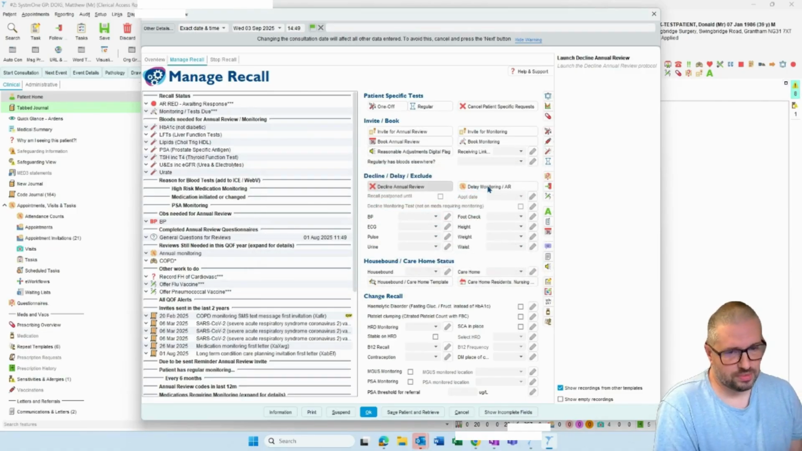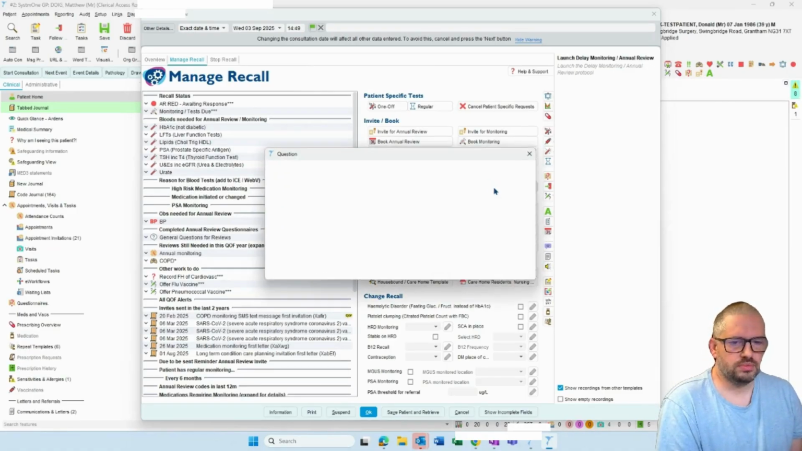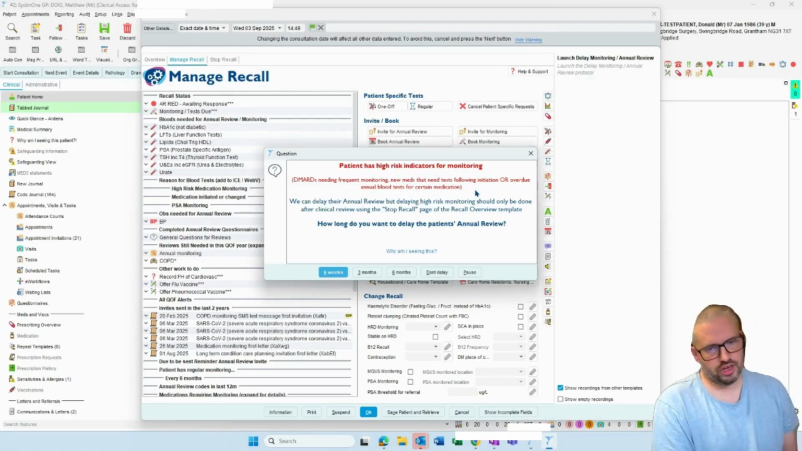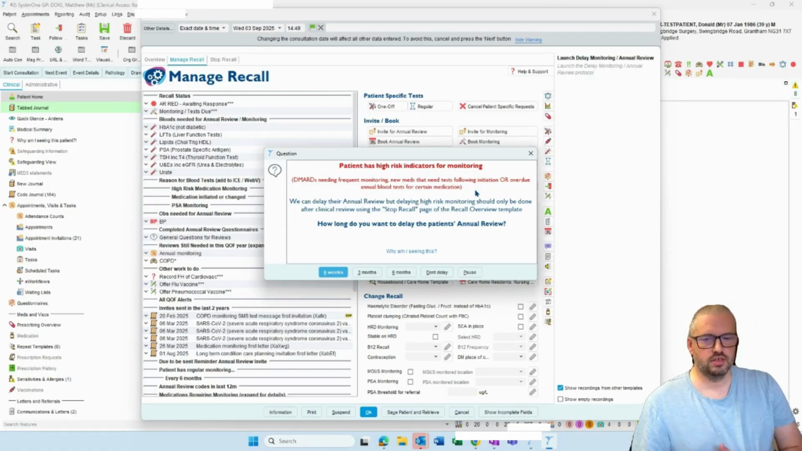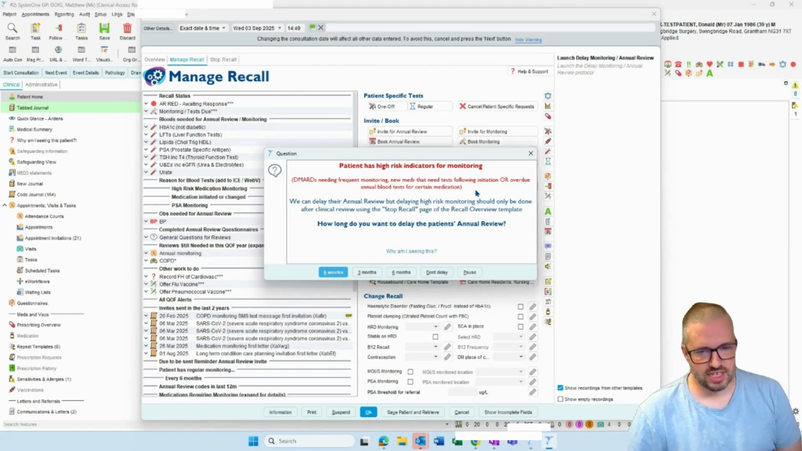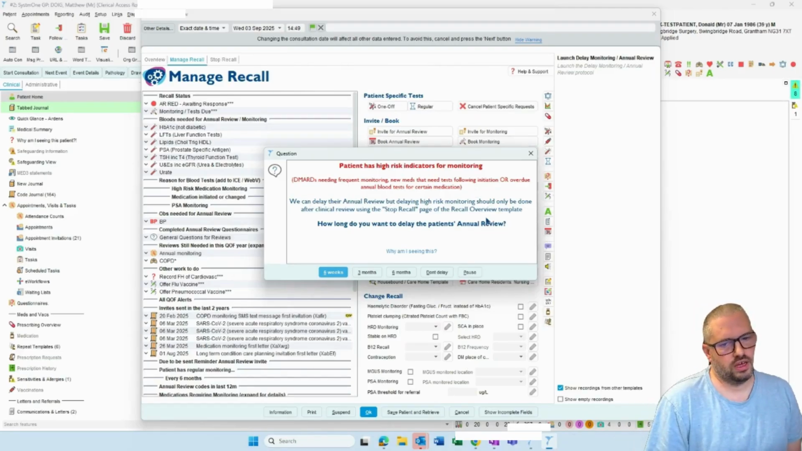Or if I want to delay the monitoring, depending upon what's going on, it may not be possible. So here it's saying that they've got high-risk indicators, DMARDs that need frequent monitoring or new things that have been initiated. Basically, just because a patient says they can't come in or wants to delay the monitoring doesn't necessarily mean it's safe to do that. So for this one, annual reviews can be delayed, but the high-risk drug monitoring can't be. And if you want to do that, it needs to be using the stop recall page, and that really needs